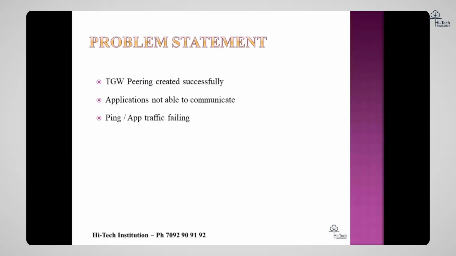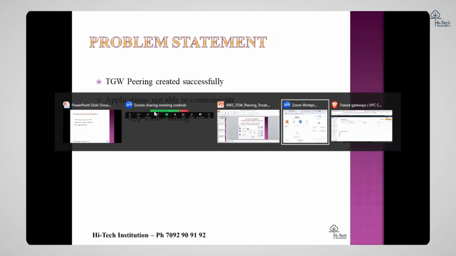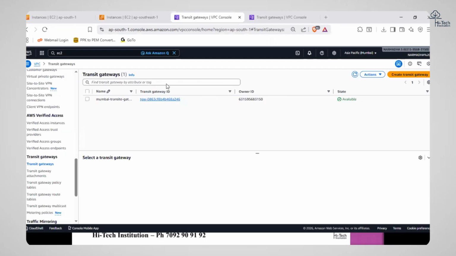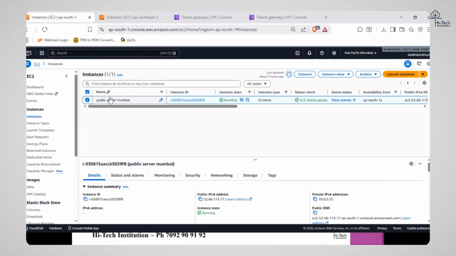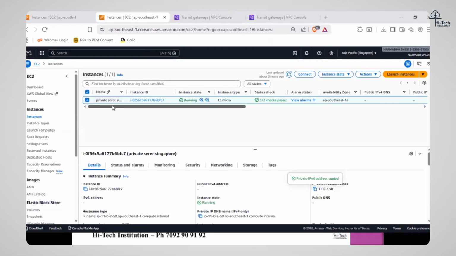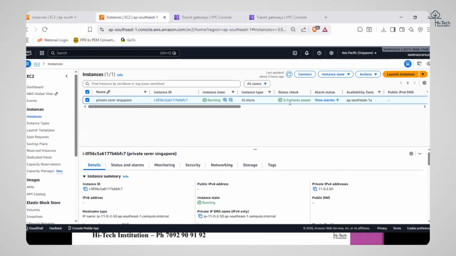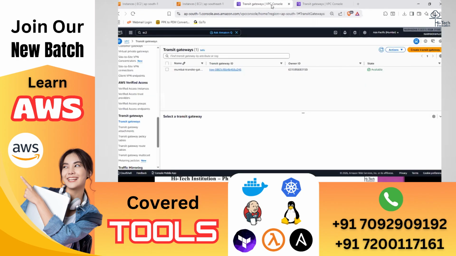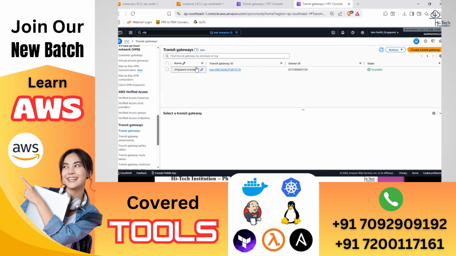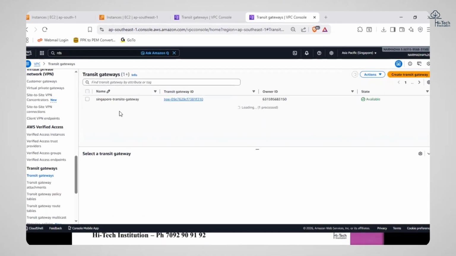So I'll go back to my console. Here you can see there are two regions. This is the public server in the Mumbai region, and this is another, private server in the Singapore region. There are two servers I already created, and you can see the 3/3 checks passed. Coming to the network scenario, as I mentioned, in Mumbai we have one transit gateway already created, and similarly for Singapore I have one transit gateway already created.